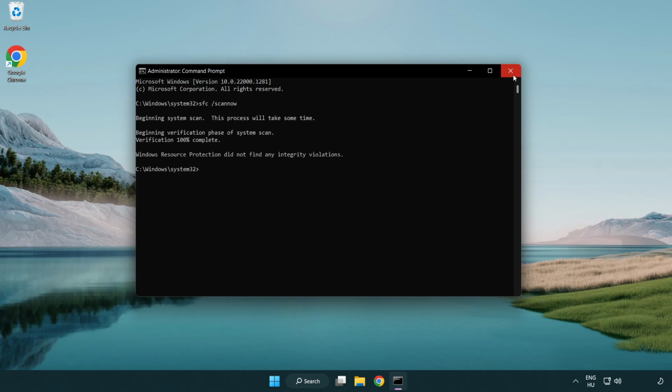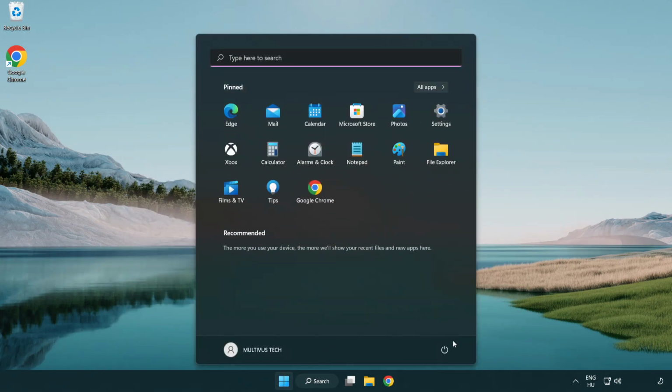After completed, close window and restart your PC. If that didn't work,